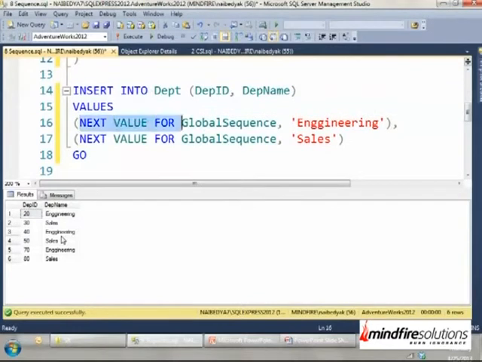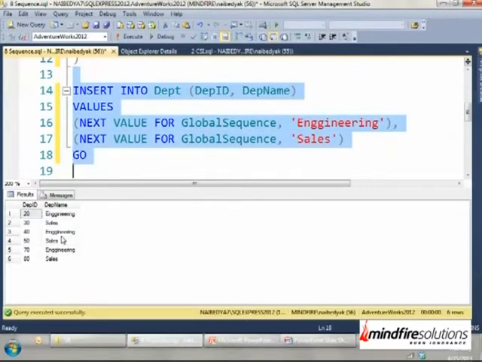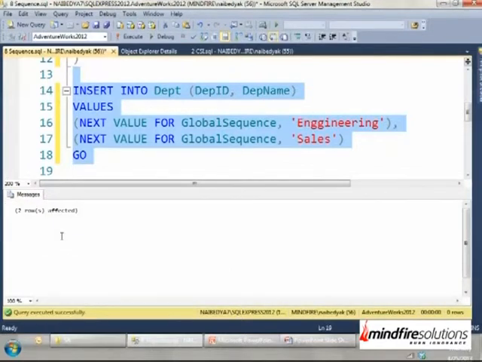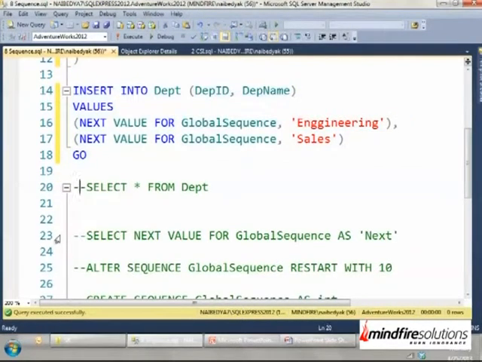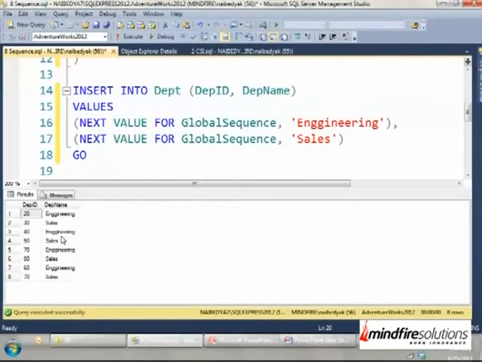Now, is it a mistake? Is it a problem? No, it is not. It gives you more flexibility. It is for you to control how you want to use it. And remember that I never declared that column as a primary key either, so even the insert never failed. So you have control over what you want to do with your sequence, and this was one of the biggest requests from the developer community to Microsoft: introduce sequence. So finally they introduced it, because this has been available with Oracle and others for a long time.